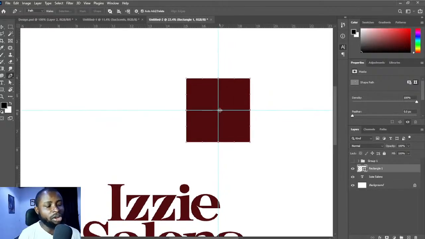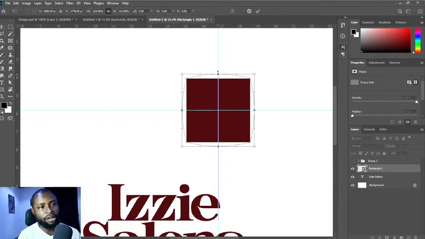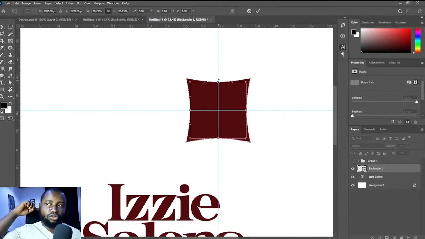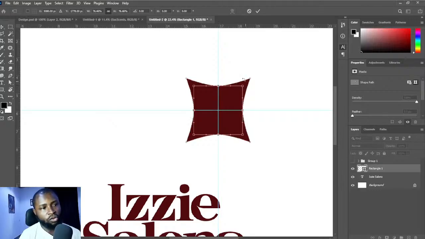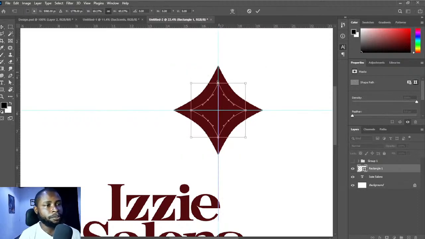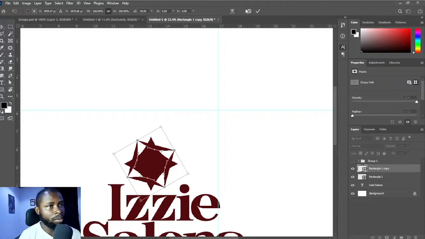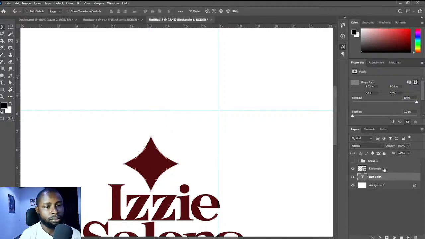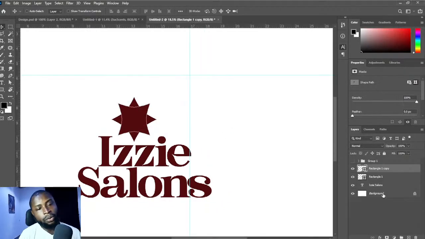And then click Control T on the keyboard and reduce or increase, holding Alt. Now Alt, like I said, makes sure that it removes and adds from every side. So as I'm doing this, it's removing from all sides that were selected. So we have this. We can say with this we are done,